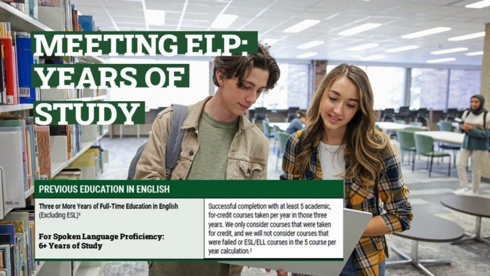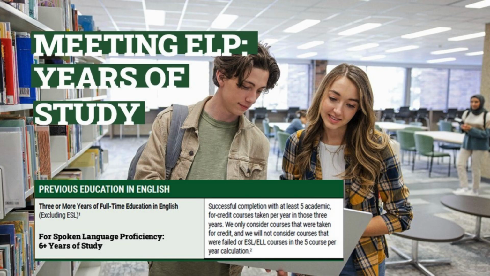So that being said, if you are taking, for example, 5 courses in grade 10 and 5 courses in grade 11, 5 courses in grade 12, if you have taken 5 full credit courses, amazing. We will evaluate all 3 years using your final official transcript at the end of the year. But if, for example, you started in grade 10 and you did 5 courses and 3 of those courses are ESL or ELL courses, which are English as a second language and English language learning courses, then you would be deficient in that calculation. So I always tell students, go look at your transcript because it'll tell you exactly, first and foremost,